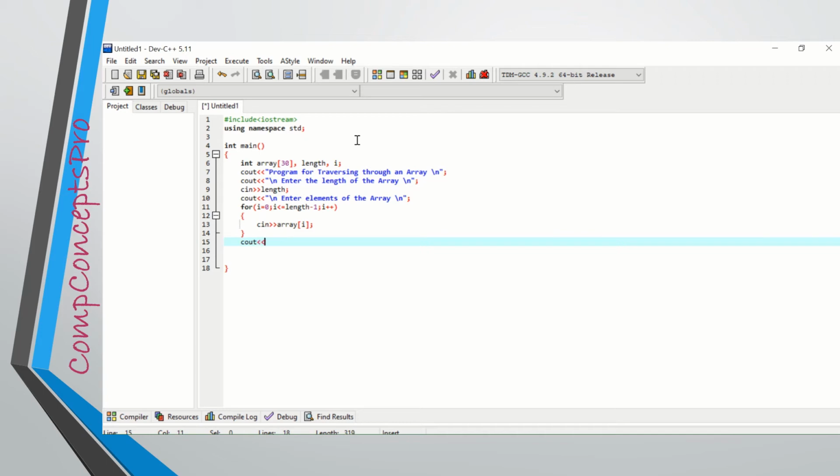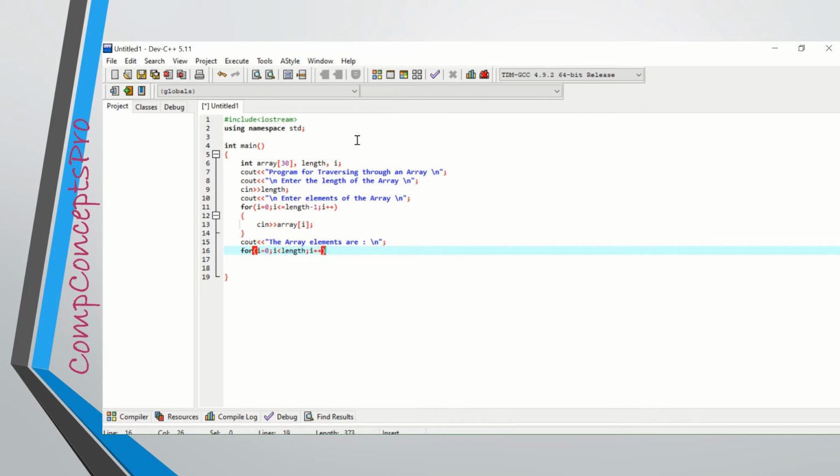Now we will display the elements that we have stored. So this is actually called traversing the array. Display also we have to do with the help of a for loop. Now in this for loop I'll use the length variable, i less than length.